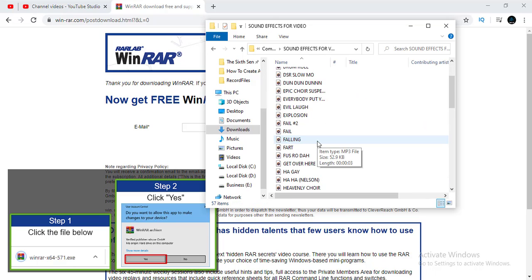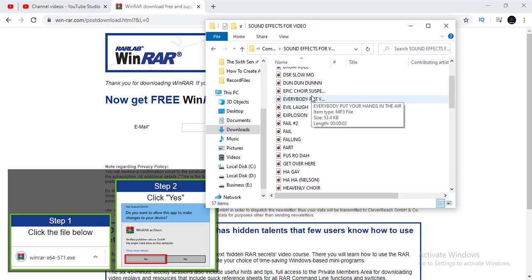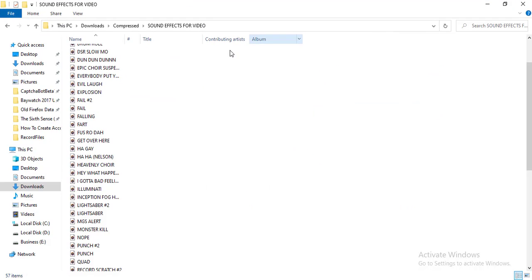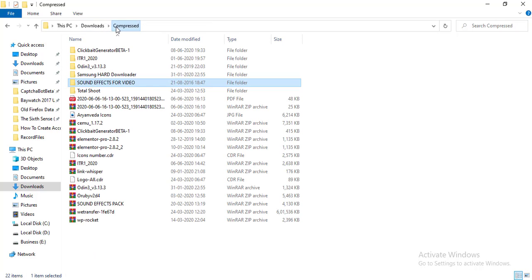Here we have downloaded some copyright-free music in zip files, and we extracted it with the WinRAR software we just